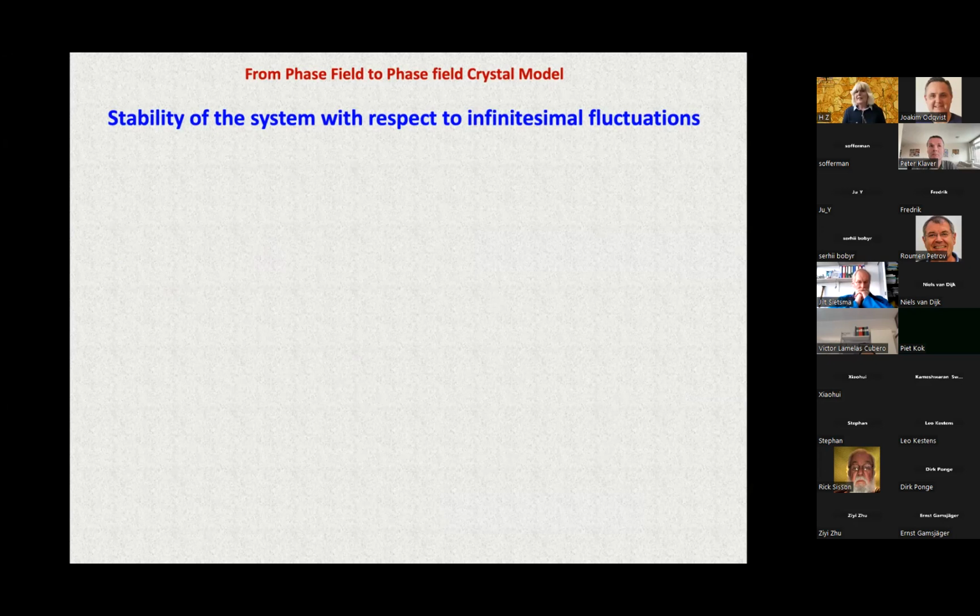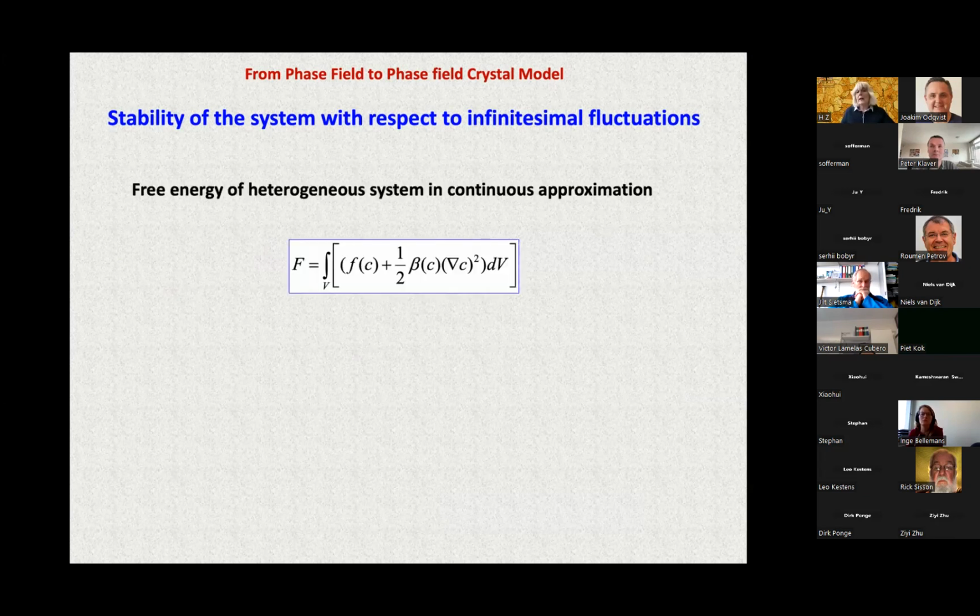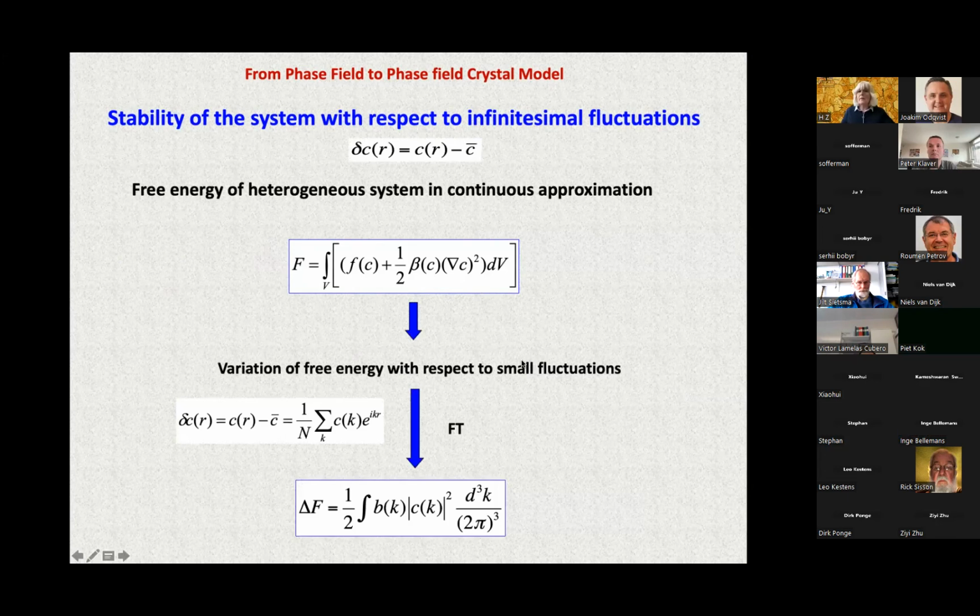So just a few slides about the historical development of this method. First of all, it was done coming from the phase field modeling, and it is well known that the free energy in phase field can be divided into parts. First is the homogeneous free energy, which describes the different phases in coexistence, and another term which corresponds to the interface between two phases. If we have some fluctuation in the system, the development of this fluctuation will be linked with the variation of this free energy, which we can